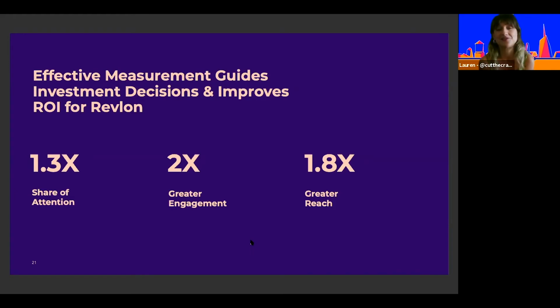And guys, I'm under no illusion that we have a long way to catch up at Revlon. So we're happy we're making progress. And that is the point, right? That's measure to drive improvement. Whether that's in our professional or personal lives, I don't know how many people have New Year's resolutions, but if you're not measuring your progress against them, it's highly unlikely that you'll be on track by February. No matter what you're doing, measurement is a required tool if you're going to improve. And that is ultimately the goal of effective measurement.